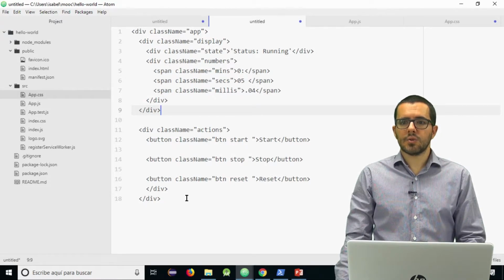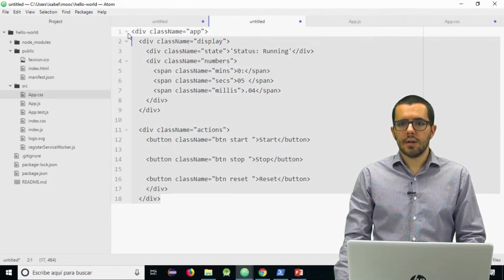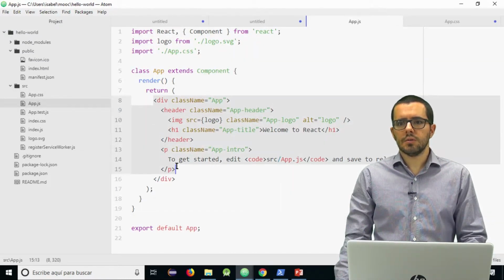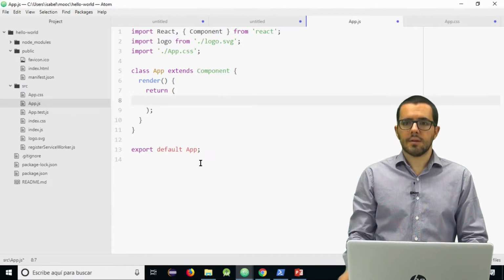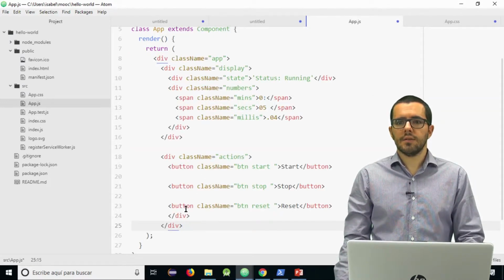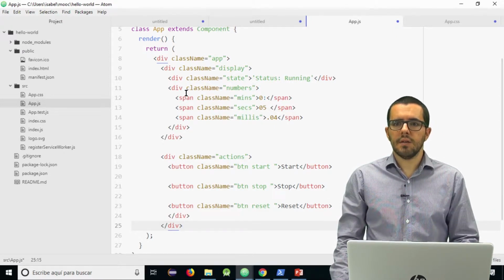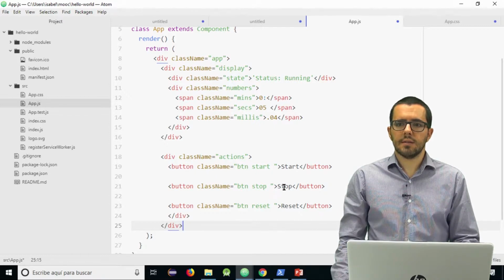Also, the basic structure for a chronometer in HTML, I'm not going to write it. I'm going to substitute the default that React gave us for this structure. This structure is just some divs, span, and 3 buttons. The first button, start, then stop, then reset. And the whole structure will have class names.